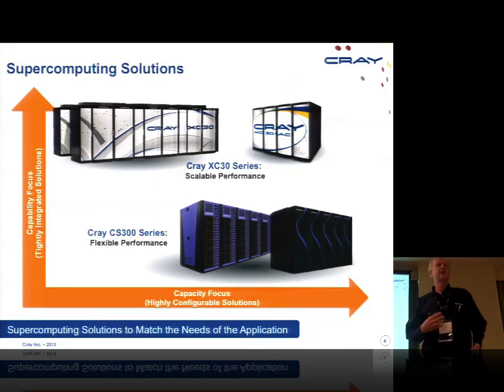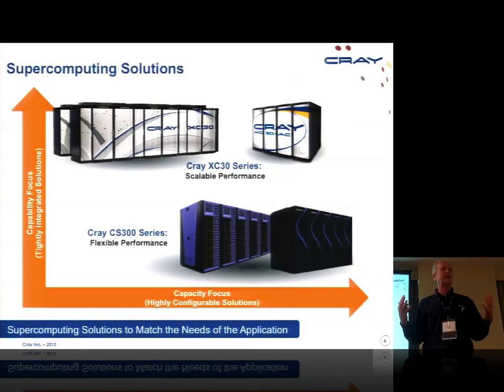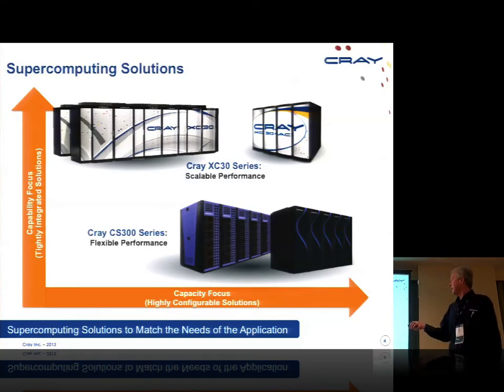In terms of our computational solutions, we've got two main products. The first one is our Cray XC30, which is sort of our legacy business, or our mainstream business, I guess, for lack of a better term. It's basically a cluster solution built on Intel processors with each node having 2 sockets. The main difference between the XC30 and the other part of our business, which is the Cluster Solution 300, CS300,